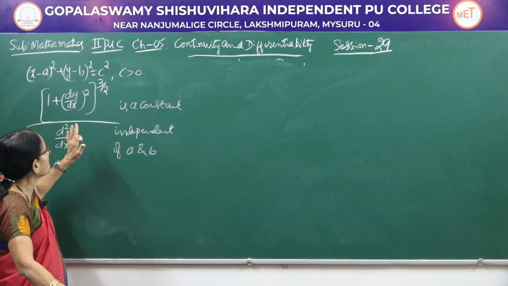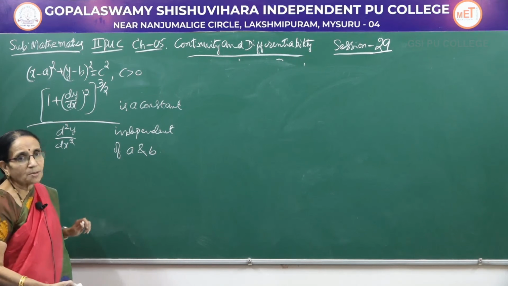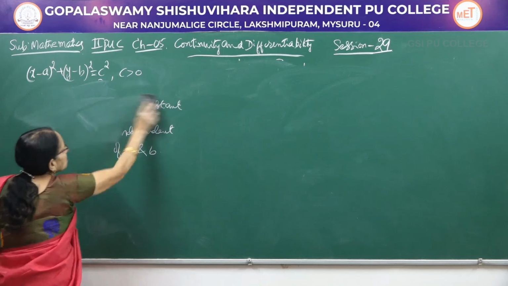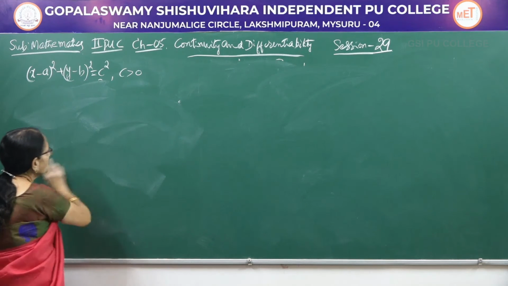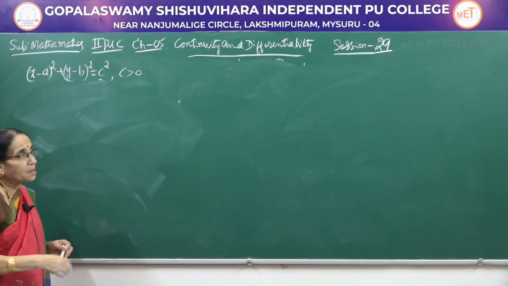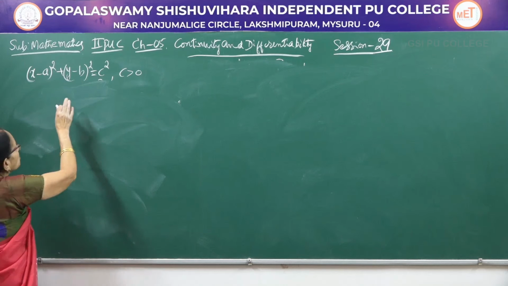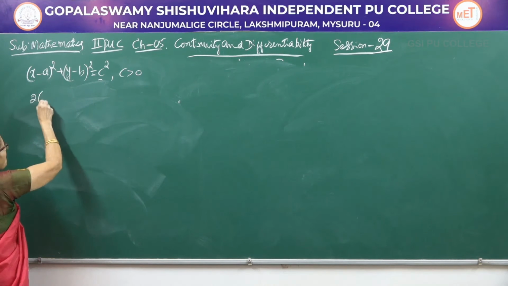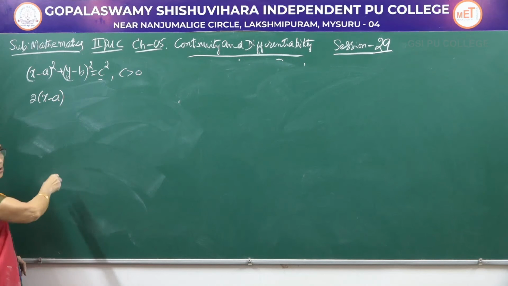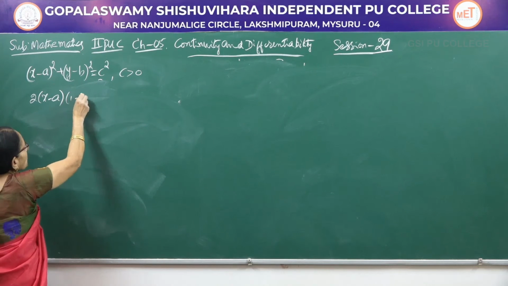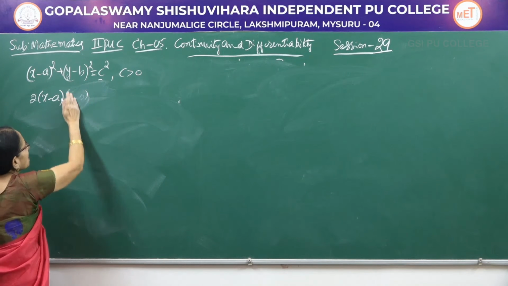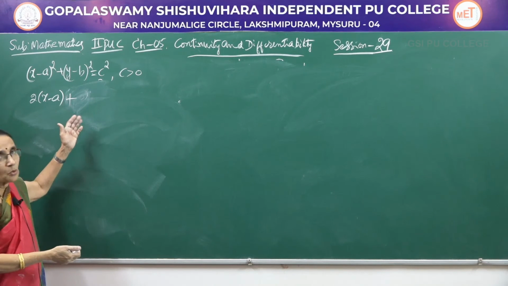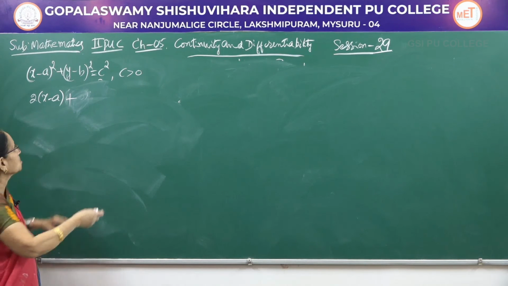So, first we want dy by dx, we want the second derivative. One by one we are going to calculate here. First let me calculate dy by dx, then we can calculate the second derivative. Now, differentiate with respect to x. X minus a whole square becomes 2 into x minus a, of course into 1 minus 0, that I am not writing, not necessary, because we have worked out enough problems. You know why we should not write, because 1 is there, that is all.